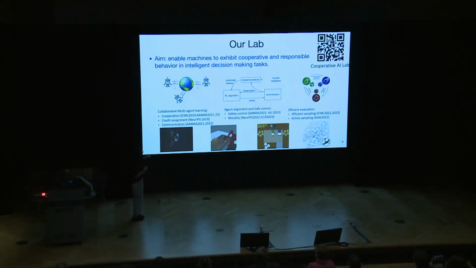To this end, we have worked on a lot of different topics. Here are several video demos: StarCraft 2 mini games, robot arm control, Overcooked games, and traffic control. These are the testing beds, or testing tasks, for our algorithms. And for the questions that we ask, for example in multi-agent learning, how could we enable the agents to collaborate? Also, for multi-agent tasks, for example in the game of soccer, we have multiple agents but only one single reward.